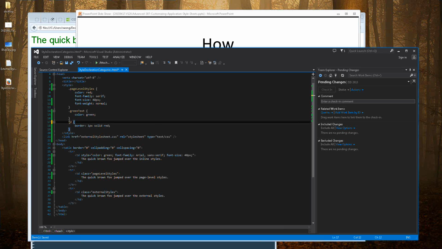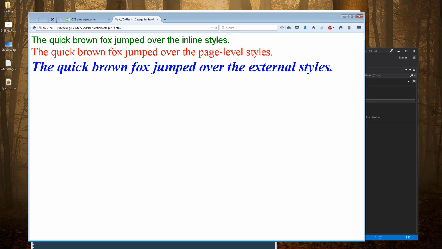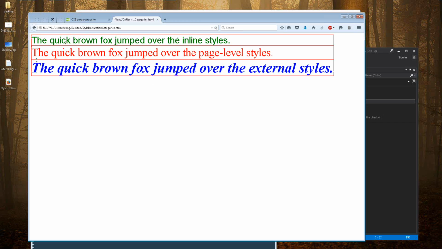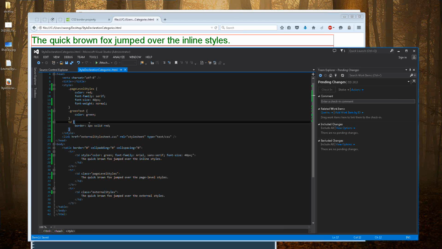There's no dot in front of it. This just says any HTML element. In this case, it's a TD. Okay. So if I come here and do a refresh, I see that now all the TDs within my page have that red border that I specified. So that's one way to